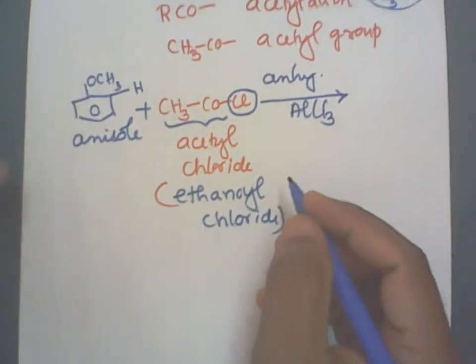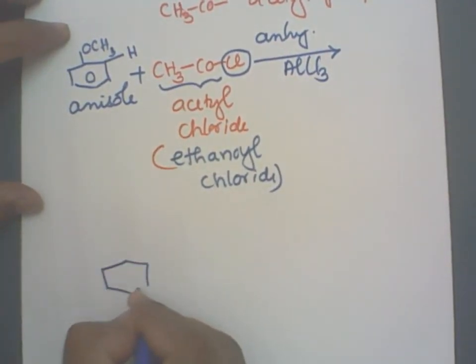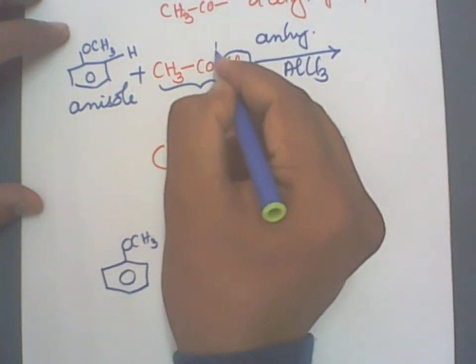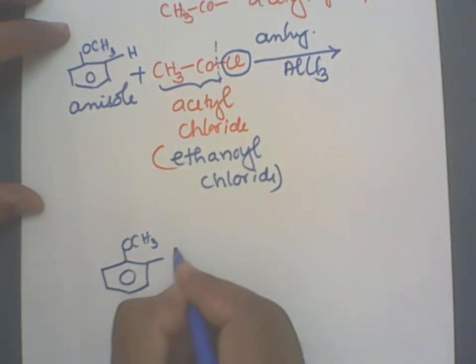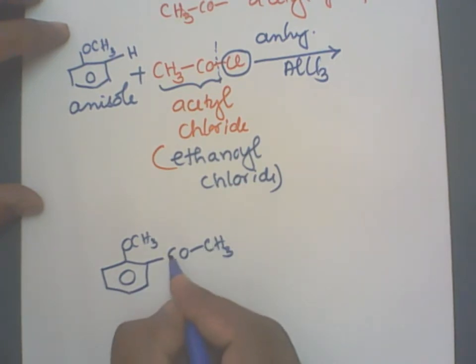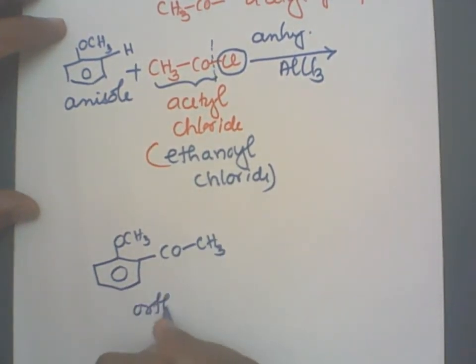So, we'll get two products. I'll be writing down here the benzene ring attached to the OCH3. The bond breaks here, right? So, attach CO to the benzene. Don't attach CH3 to the benzene. The valence of carbon is always 4. Here, carbon has 2 bonds on either side, and 2 will be with the oxygen. Okay. So, this is the ortho product.